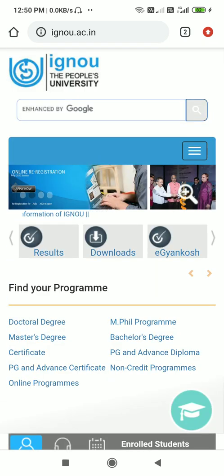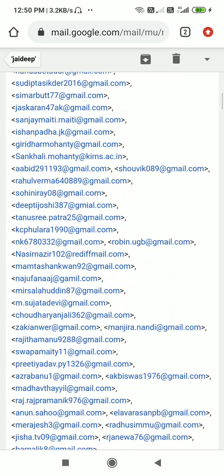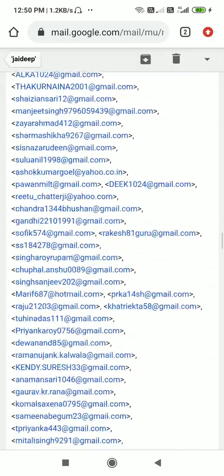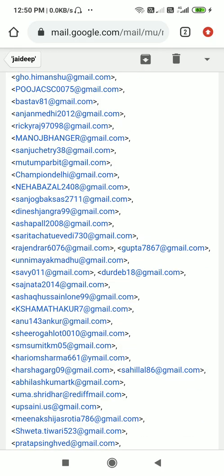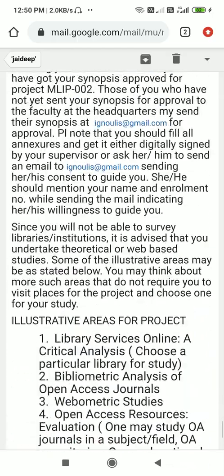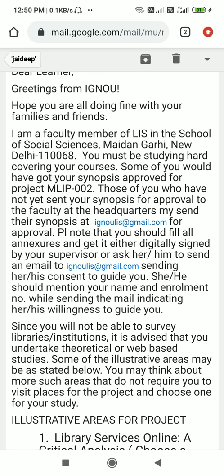For submitting your synopsis, I give one email address. You can send your synopsis report to this email address. First you prepare your synopsis and discuss with your guide or supervisor for doing your synopsis, what corrections are required and everything. After your supervisor approves your synopsis, get a digital signature from your guide or supervisor.